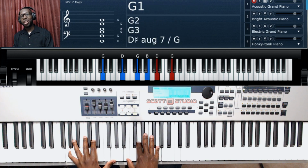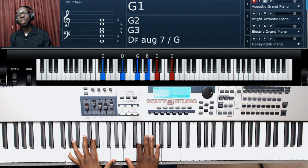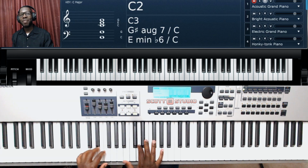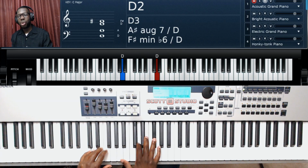All right, this song is in the key of G, okay? And what I'm going to do is go through and show you the bases of each of these chords before we place them appropriately in the verses, chorus, and bridge, okay? So we're starting with a G chord. We have G, B, D, and G. We're going to a C chord now. C chord is C, E, G, C and G in the bass. We have a D chord, so you have A, D, F sharp, D chord. We have an E minor chord,